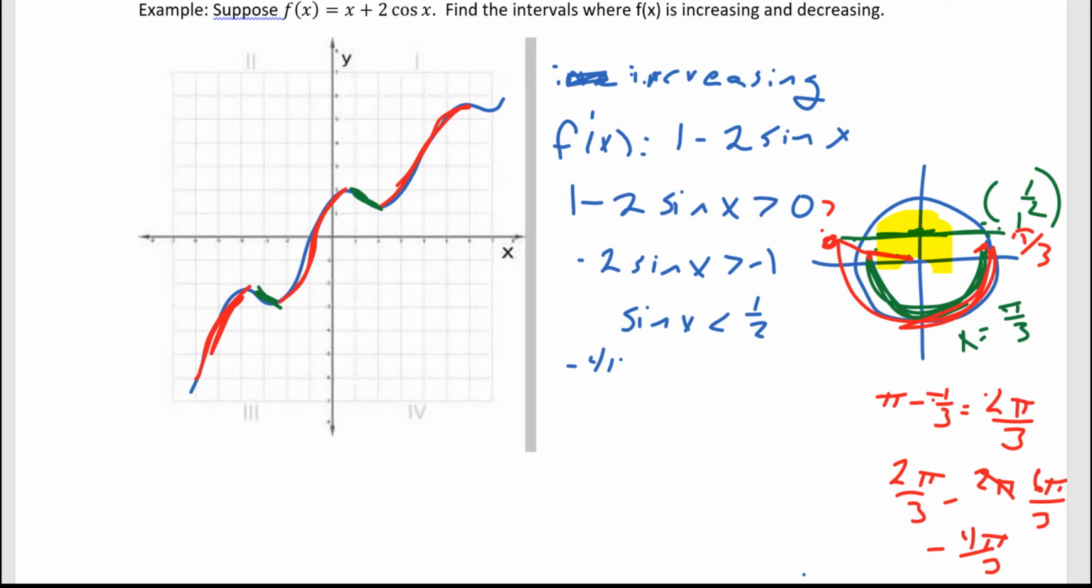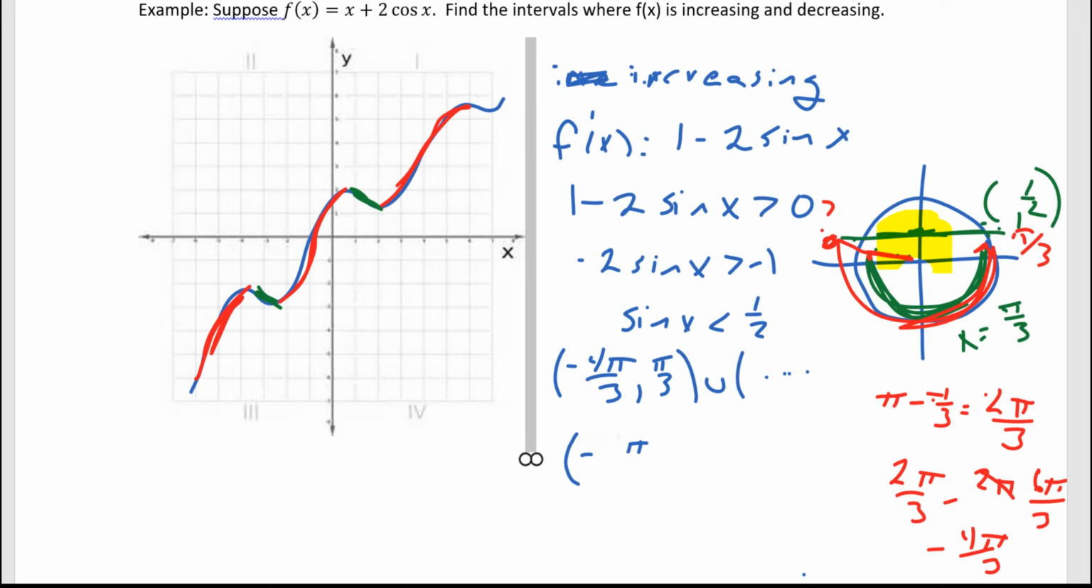Negative 4 pi over 3, 2, and then we're going to go to pi over 3. All right, union, and then the next interval, everything would be full circle, right? Okay, so I think that kind of goes on and on and on. But since we're going full circle each time,